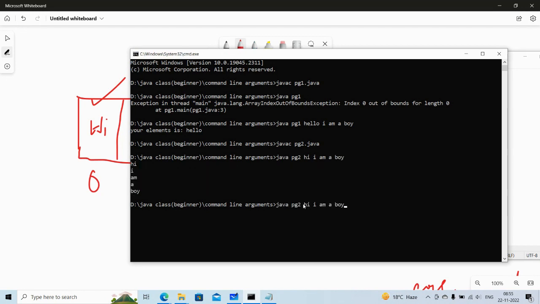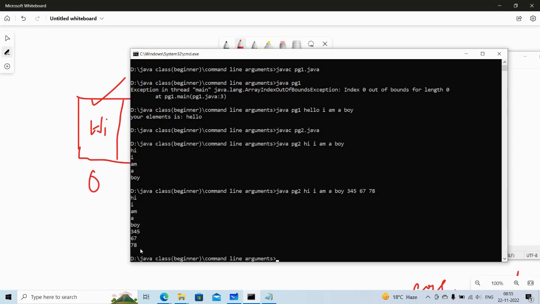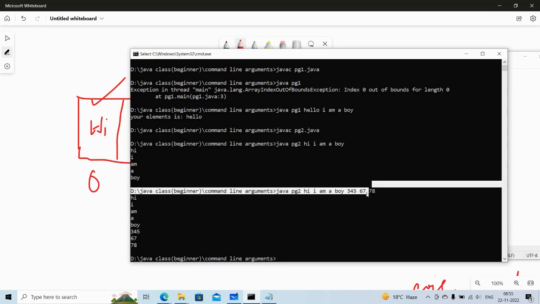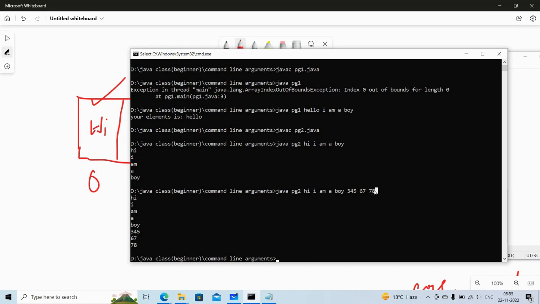We can also add some numbers if I want, like 3, 4, 5, 57, 67, 78, and press enter. It will be printing the numbers as well. Once the for loop reaches the last element, it stops. As you can see, after 78 it's not printing anything, and the program is stopped. So this is the way